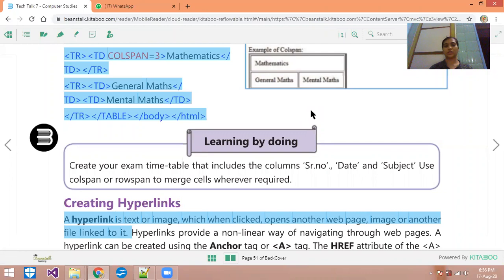In the virtual class, we learned about the attributes of the TR and TD tags. I have given one task, which I forgot to mention in the virtual class, and you have to complete this learning by doing task. Create your exam timetable that includes the columns SR number, date, subject, and use column span or row span to